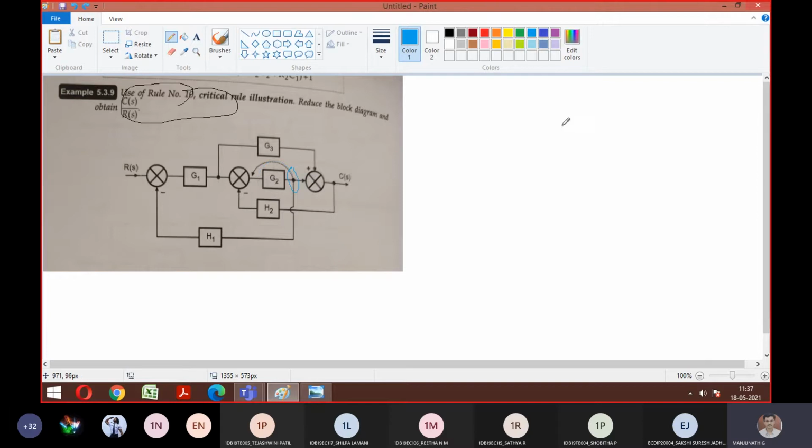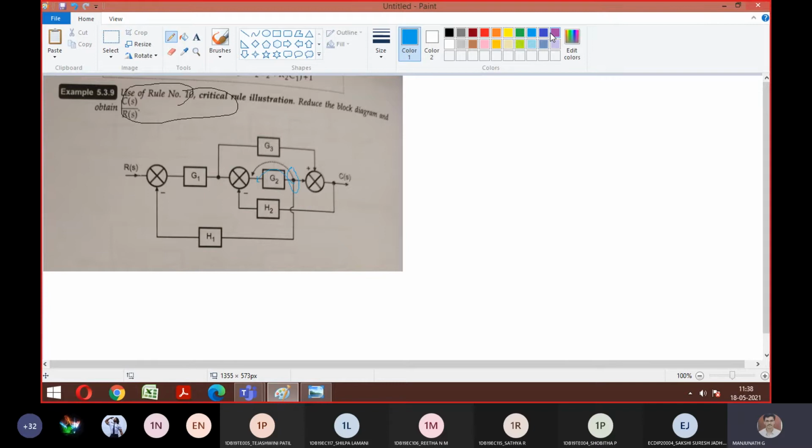Always remember, whenever you have a summing point with a breakaway point, only then will the logic of the critical rules work, either from this side or from this side. Unless otherwise, it remains the same procedure we learned. Now the first point is clearly mentioned: I need to take this breakaway point ahead, before G2. If I move this from here to here, what is the variation? What is the new diagram?